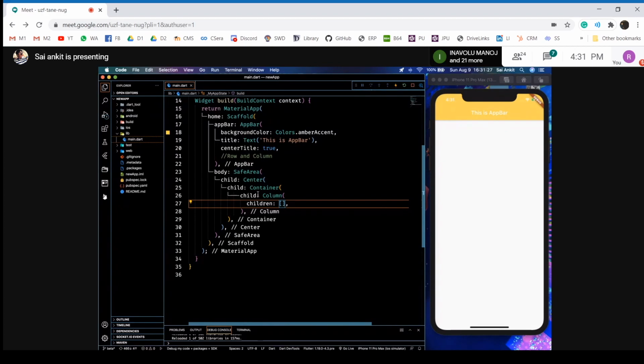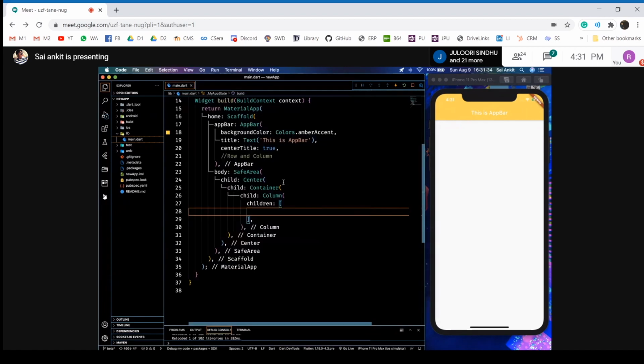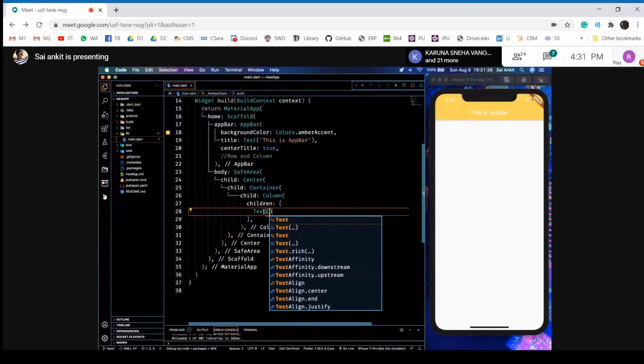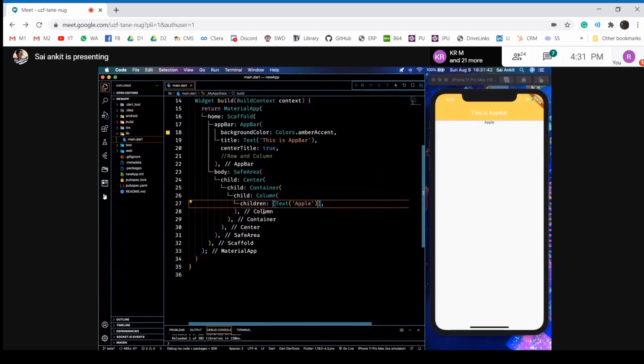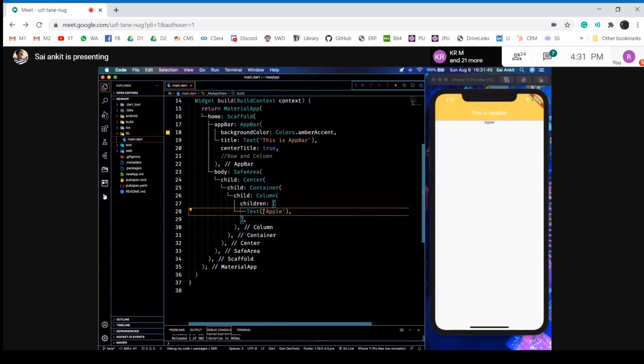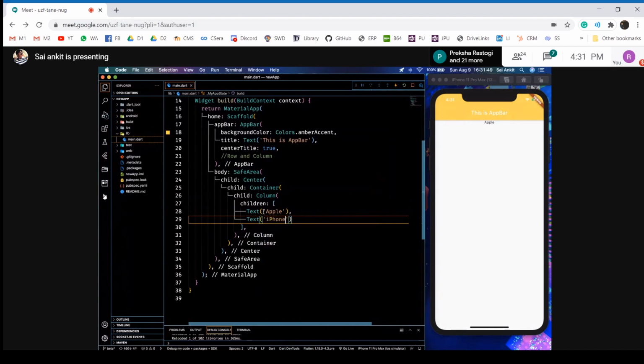Inside the children, you add the three text widgets that you are aiming for: Apple, iPhone 11 Pro, and 1,18,800. So the first widget would be a text widget, and you write Apple here. The second widget would again be a text widget, wherein I write iPhone 11 Pro.